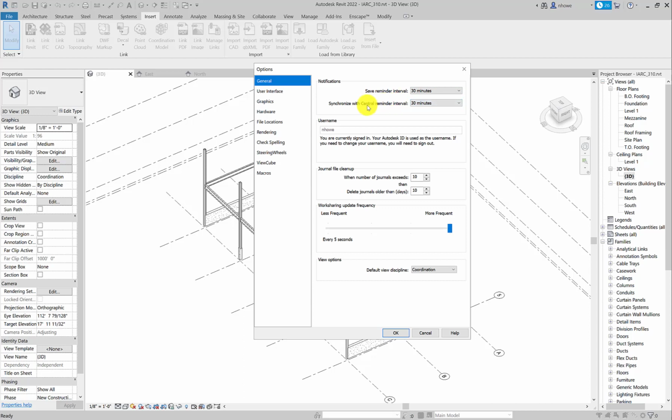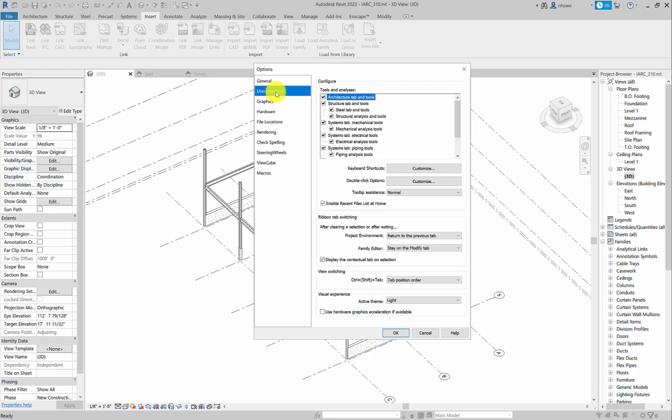You don't really need this one. This is if you had a central model, which if you were collaborating with your friends or colleagues, that would be in play. Now I will set mine to no reminders so I don't constantly get disrupted by these messages. But make sure yours is at least 30 minutes. I mean, if you really are anxious, you might go 15. Other things that you should know about,